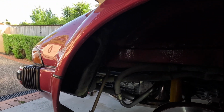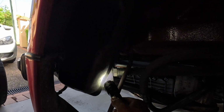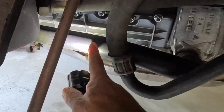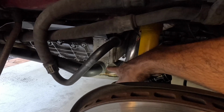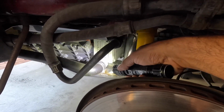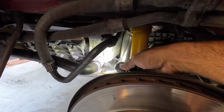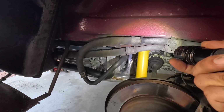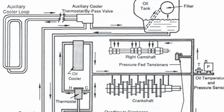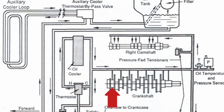So the flow of oil actually goes from the tank through this large S-hose here, the big rubber one, and goes through a pipe in the bottom of the oil cooler there. And that doesn't go through the cooler, it just goes through a pipe that's below the cooler. That goes straight to the engine, straight to the oil pump, and the pump obviously sends it to wherever it needs to go, which is, you know, the main bearings, rod bearings,